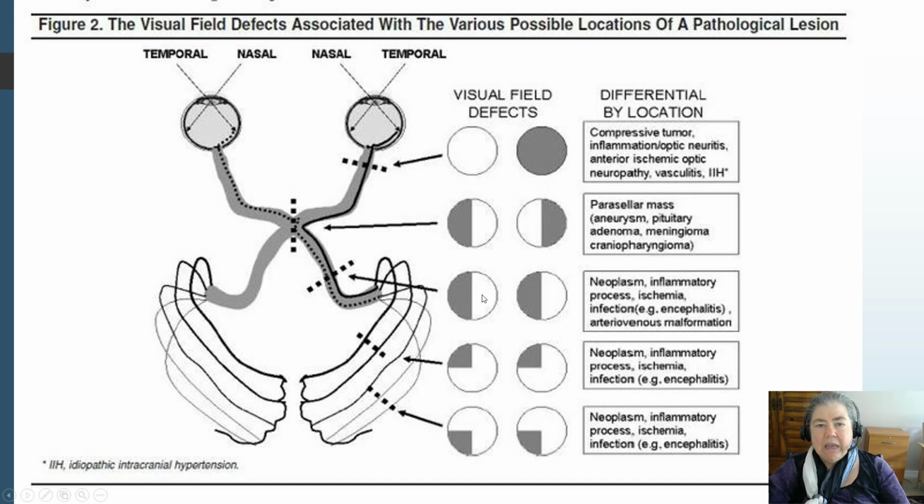And when that happens, you only see the part of your vision that is making it to the outside of your retinas, which is the inside of your visual fields. So you get bitemporal hemianopsia. So you see the middle and you don't see peripherally. Okay? If you cut the optic tract, you get